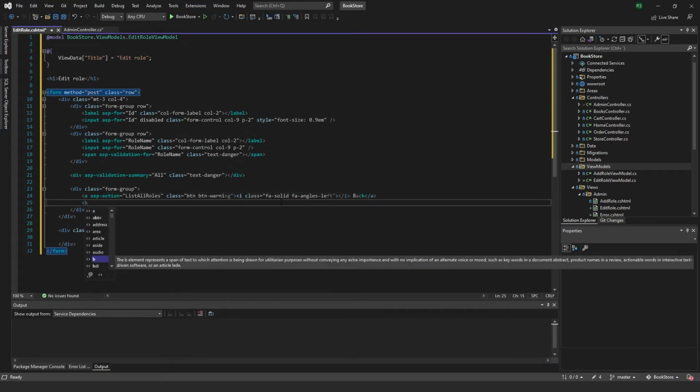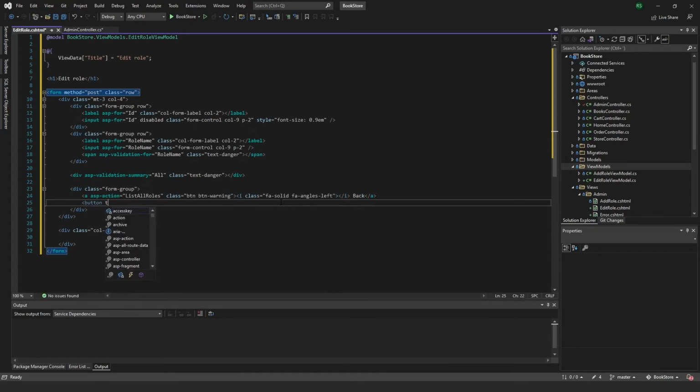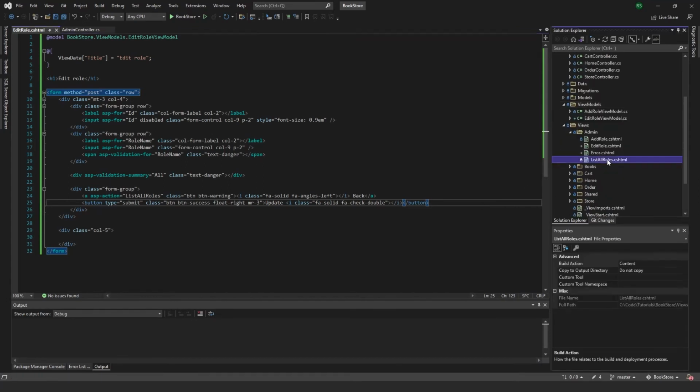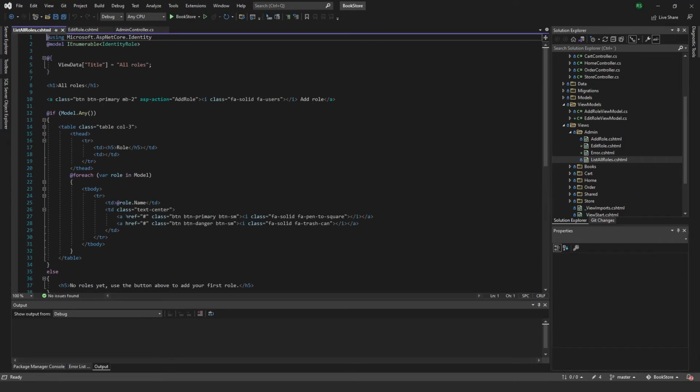And down here, I want to make a button of type submit. Class of btn-success. I want to float it right, and add some margin. And this one I'll call update and paste in another Font Awesome icon. If I just go ahead and save this one, and we can go to our list all roles,